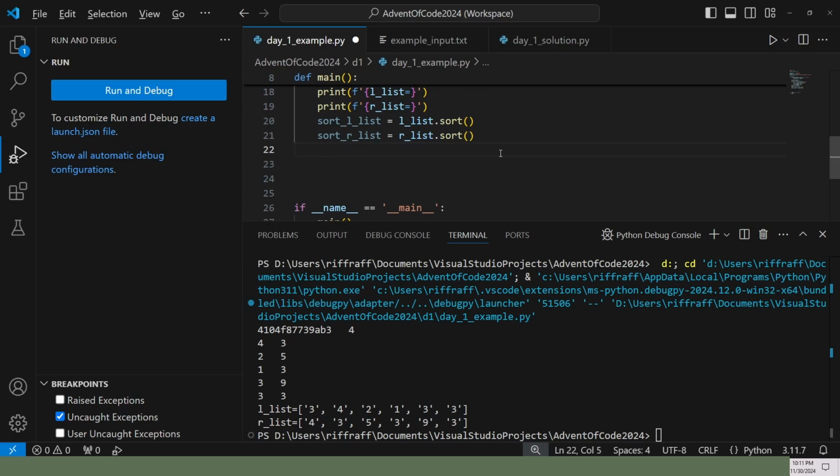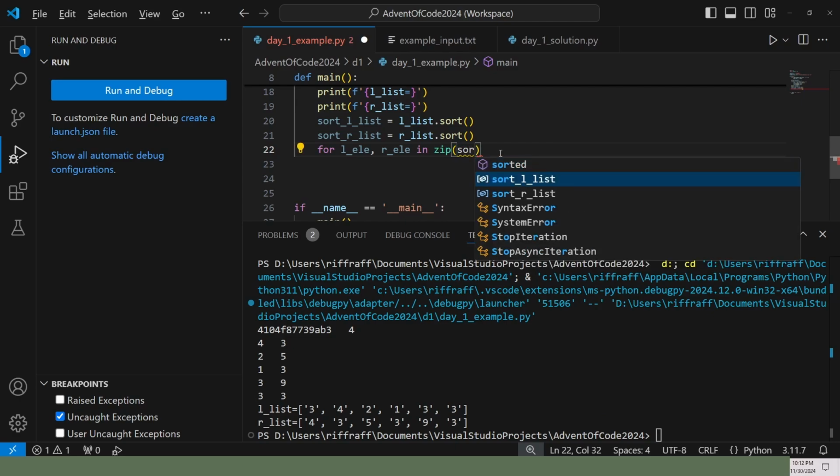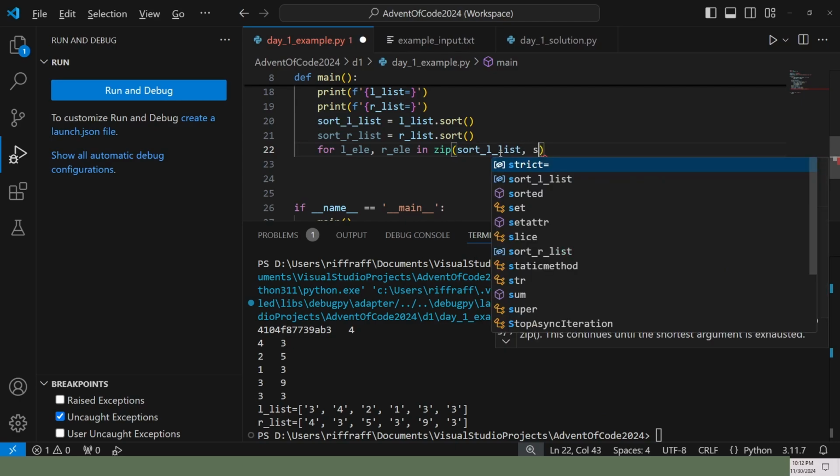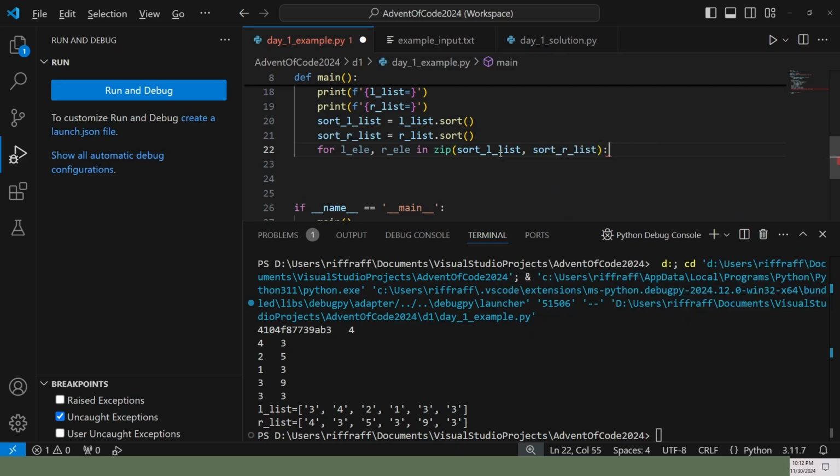Now what we're going to do is for each of these elements, let's say the left and the right element, zip these two sorted lists together. And then we're going to calculate the distance.